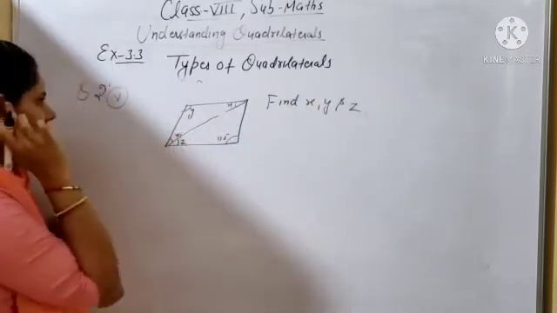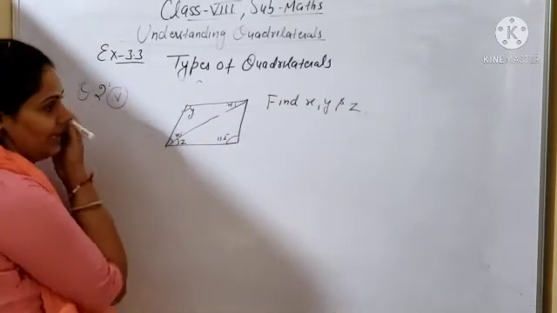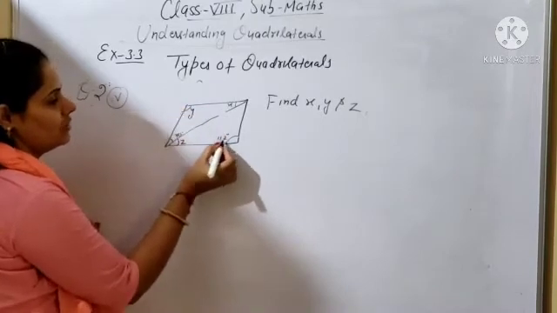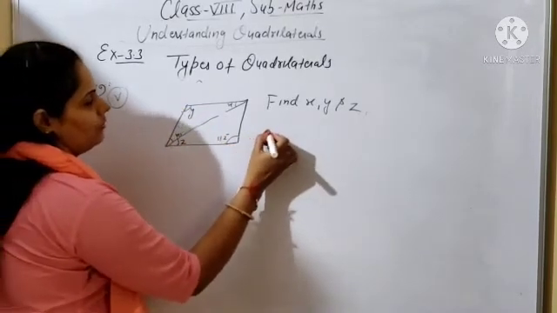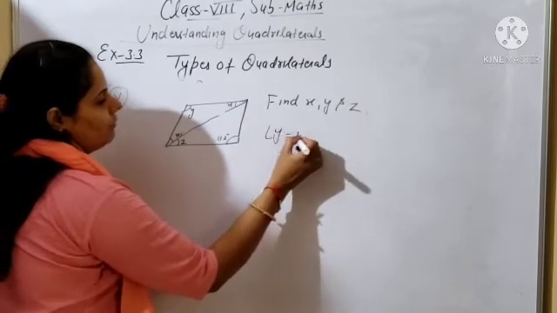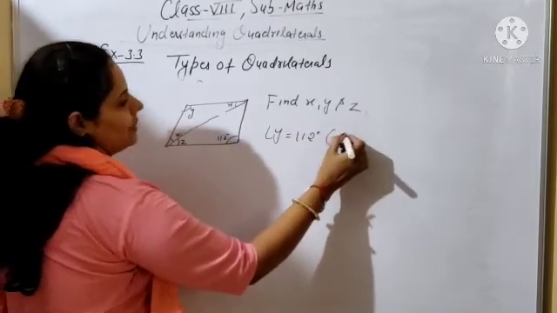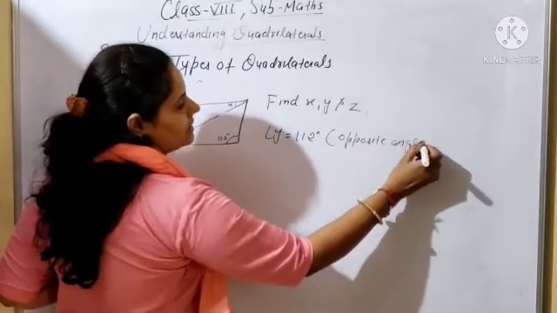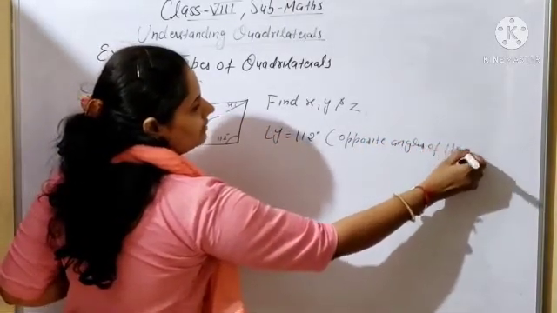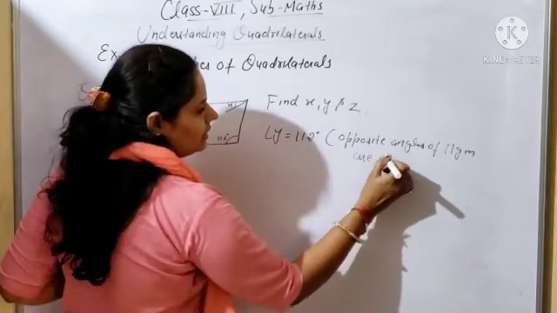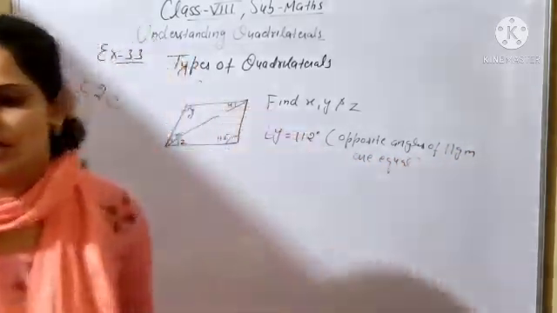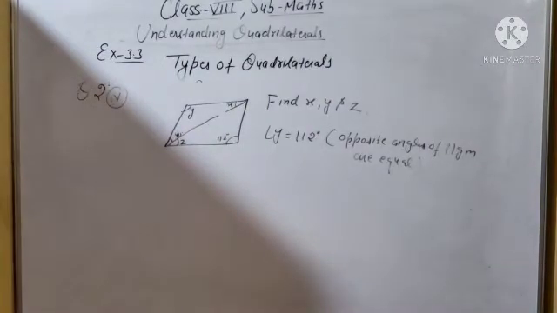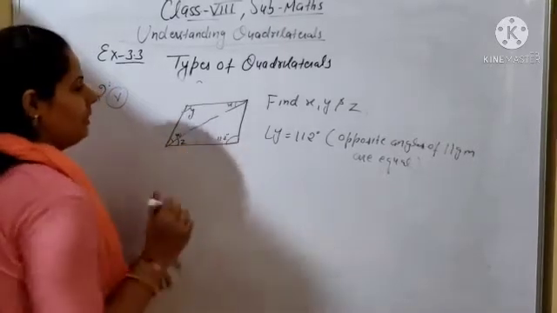Clear? So simply you can see in this question also, beta, first you will apply the property that opposite angles are equal. So 112 is opposite to Y. So Y will be equal to 112 degrees because opposite angles are equal. Opposite angles of a parallelogram are equal. Clear? Opposite angles of a parallelogram are equal, beta. Clear? Now, opposite angles are equal, so Y will be 112 degrees.